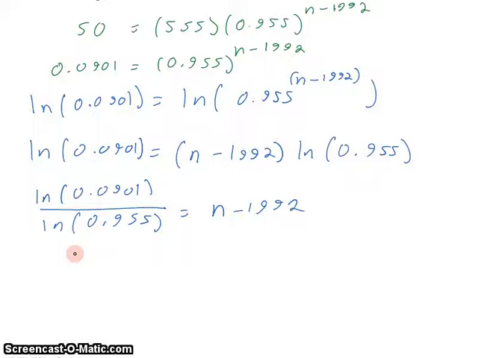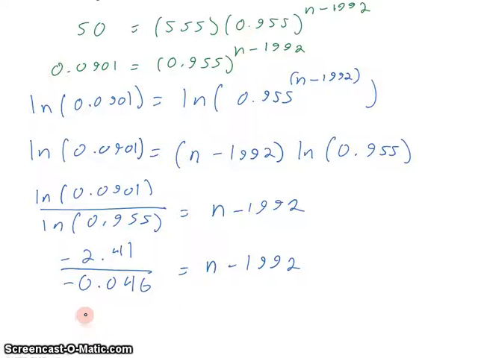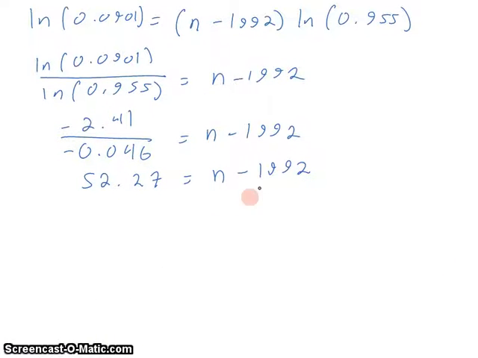I have to evaluate this with a calculator. Natural log of 0.0901 is negative 2.41, and the natural log of 0.955 is negative 0.046. Doing the division, I get 52.27 is equal to n take 1992. And from here we add 1992 to the other side. 1992 plus 52.27 gives us